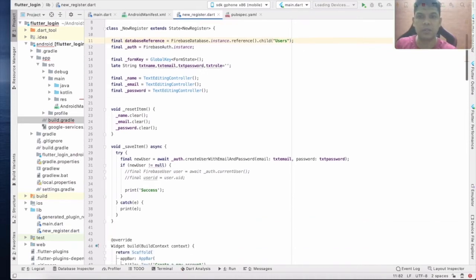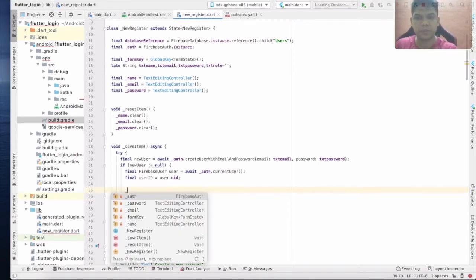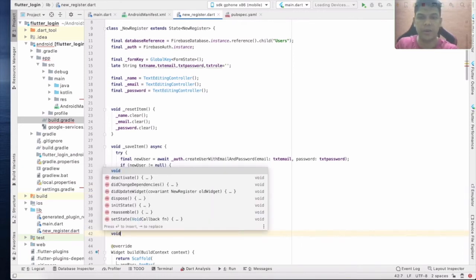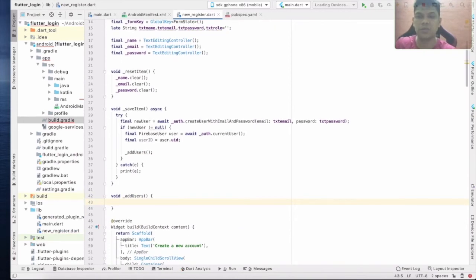And now you can see this is the print success. You need to add these two statements: final Firebase user and current user. This is the user ID, and we call it UID. And this you need to change to add users. Okay, so you need to create this, and here what we need to do is